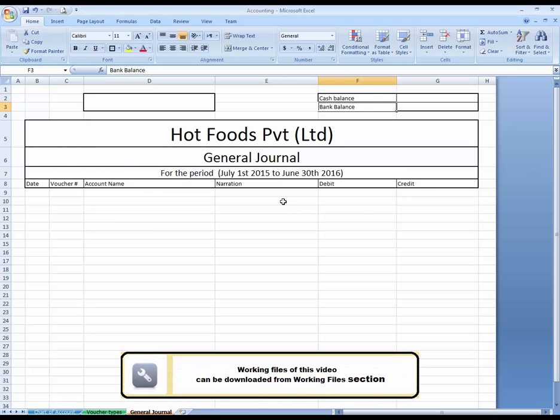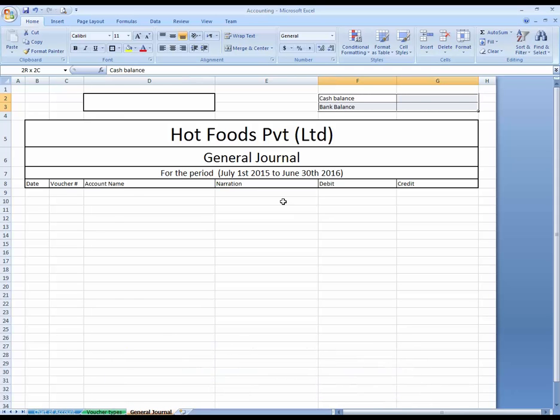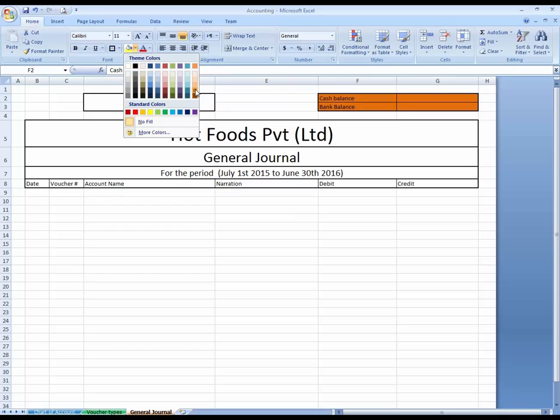Let's continue working on journal, and I'm going to give this a color.